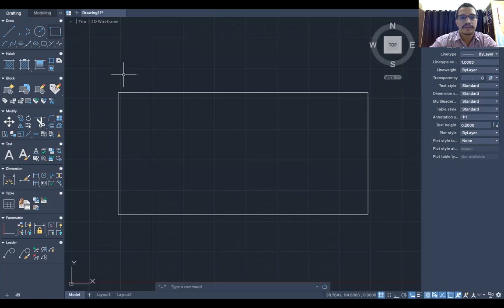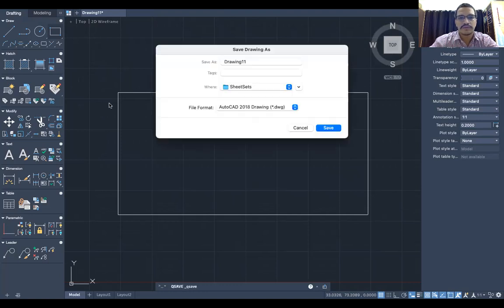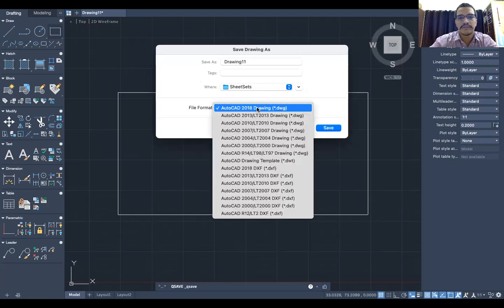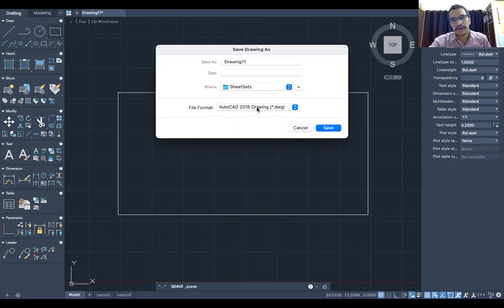In order to save, I have also given in the toolbar, firstly save or save as. Till now I have not saved this drawing. So the shortcut is Control S for the Windows and Command S for the Mac user. It will ask you where you want to save and what the drawing format is for the drawing you are trying to save.